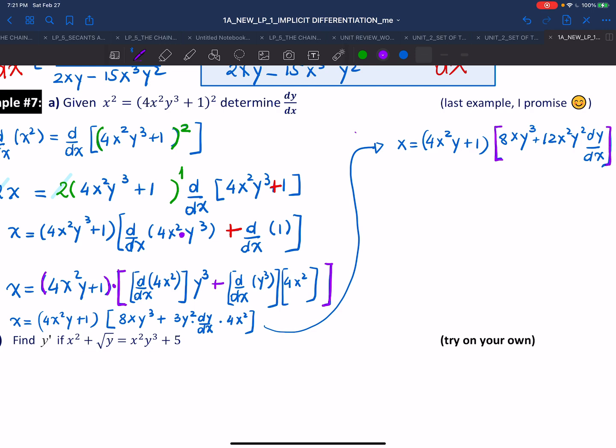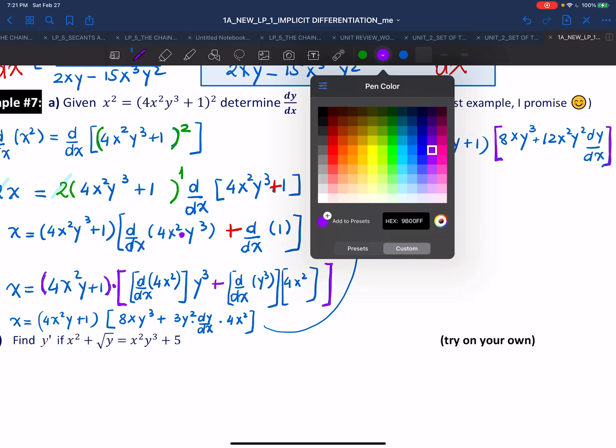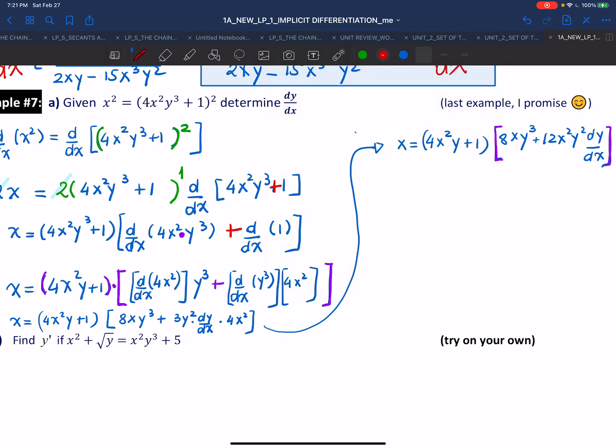Okay, now let's plot our variable. Where is our variable here? The variable is dy dx right here. That's the one we want to solve for, and it's inside this factor. So in order to isolate it, we first need to divide both sides by the coefficient or the other factor of the purple bracket. So 4x squared y cubed plus 1. That will give us